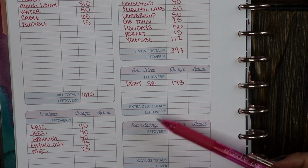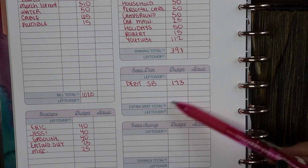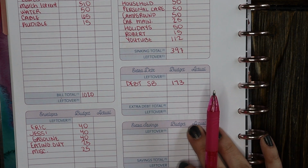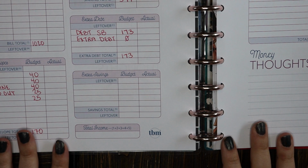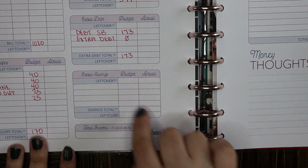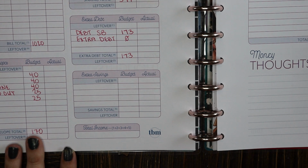We take those amounts, all of the minimum payments from the old cards, we added them up. We divided that number by 4 so that we could make payments every single week. We like to make progress on a weekly basis, and that is $173 that we're paying every week without fail to the debt. Sorry, you guys, my camera stopped recording, and I'm not sure where it stopped, so hopefully I haven't missed anything. We were talking about my extra debt, the $173 we were going to put towards that,